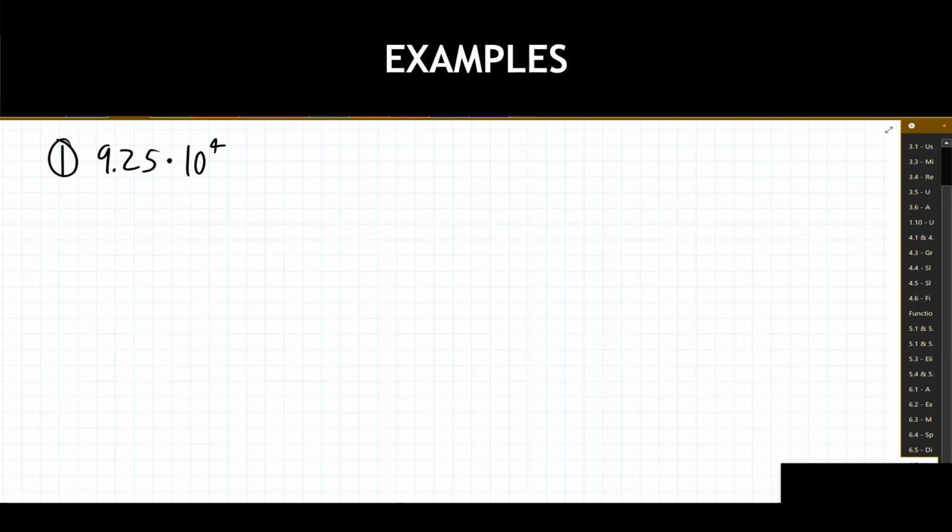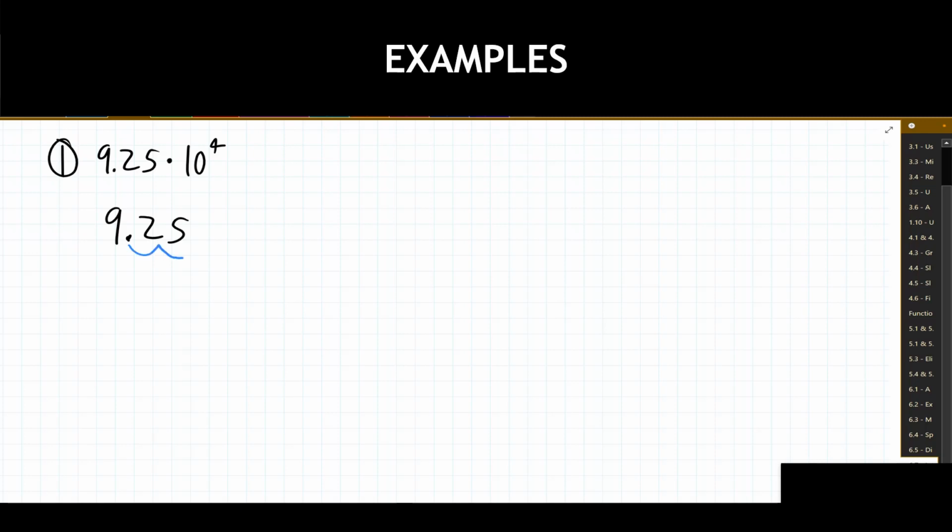Following our process, we need to determine the exponent n, the power of 10. Okay, so we've got 10 to the fourth power. That means this decimal is going to move 4 places. Which direction is it going to move? Well, looking at our process, it tells us to move the decimal n places, adding zeros if necessary. If the exponent is positive, move the decimal point to the right. My recommendation is to write out the number that we were given. And we're moving 4 places to the right, so let's write that out.